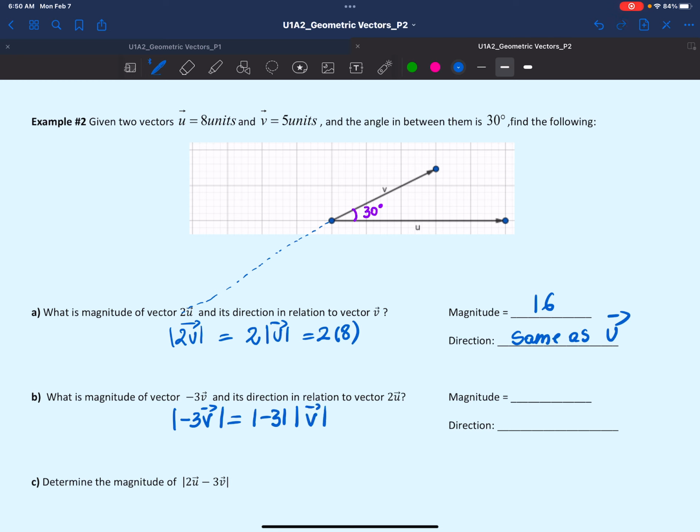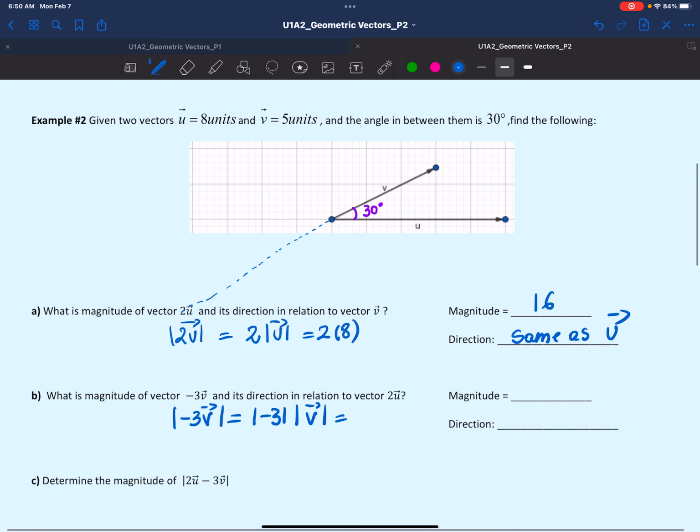So magnitude of negative 3, absolute value of negative 3, right? So that would be 3 times 5, because vector v is 5, and that would equal 15 units. Let's write units in here. So we express the answers in proper form. So the direction will be opposite to